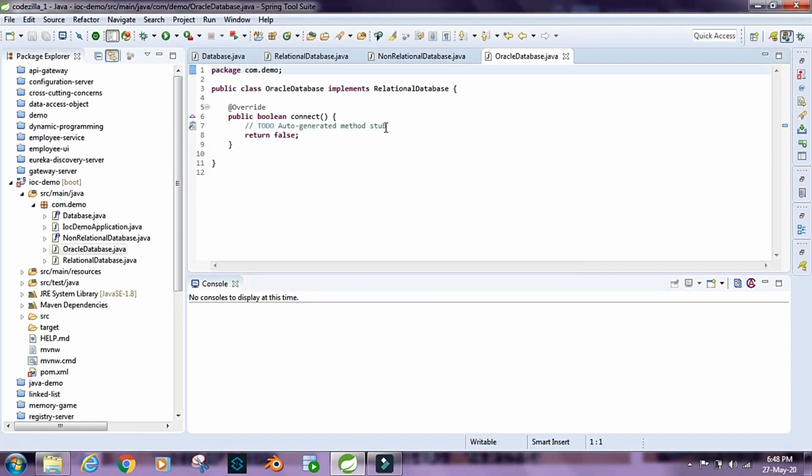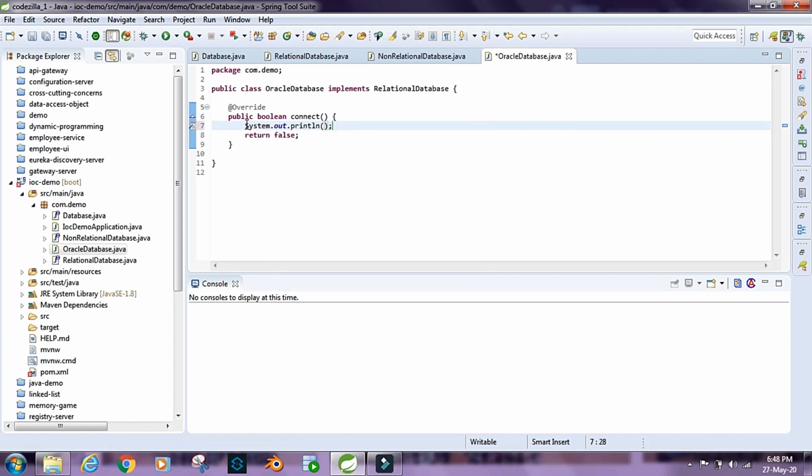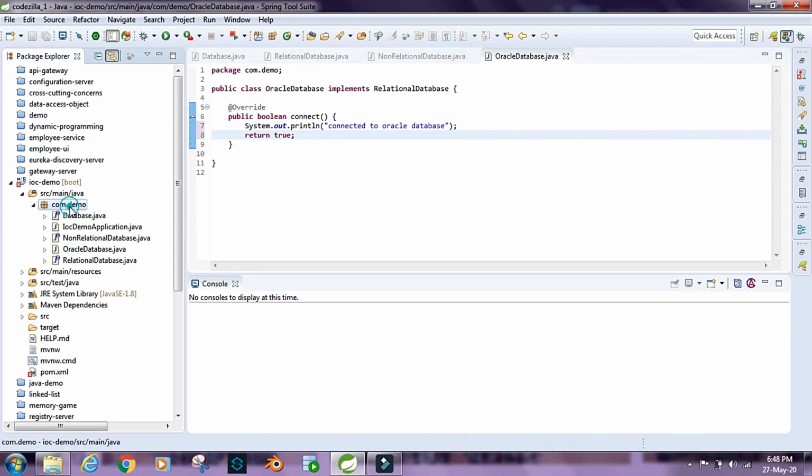Right, and inside this we just print connected to Oracle database. Right, and we'd return a true from here. Right, and let's create another class